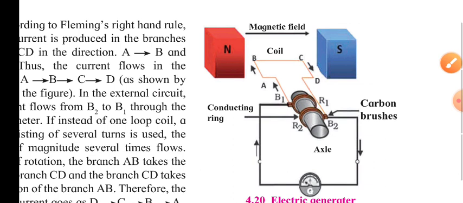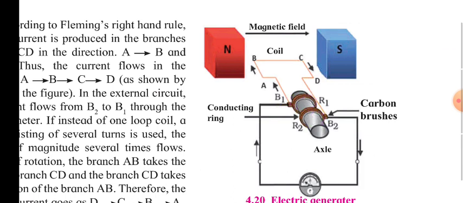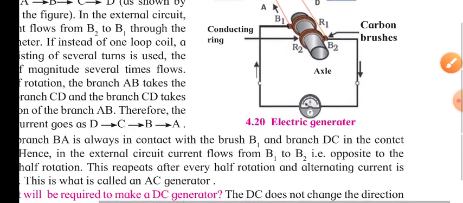So the concept of that alternating current is, I think, clear: why that particular direction of current is changing continuously. It's because of these complete rings we are using, because here the coil connections are permanent, and due to that, when the coil rotates, the direction of the torque changes continuously, and that's why we are getting